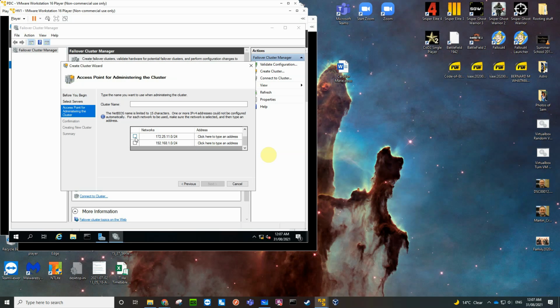Which we'll use, type the name you want to use when administering. So this is the cluster name. I'm going to use the 1 subnet, and I'm going to pick an address in here. So we've got 230, 231, 232. So if I go, 233 is the cluster. Okay, and we're going to call this